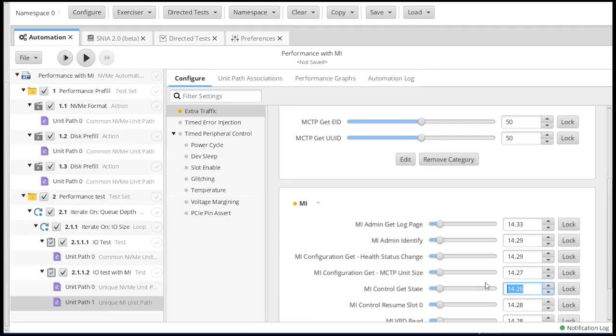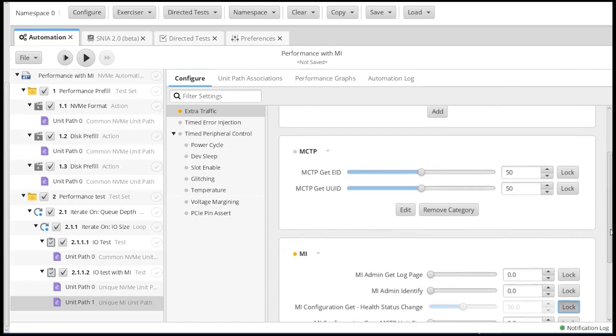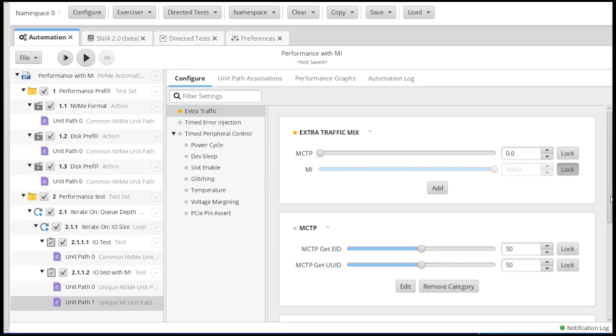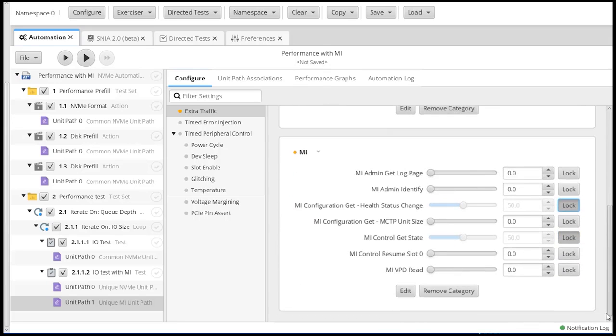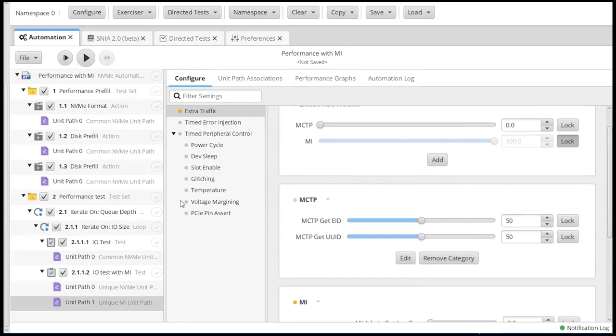So we're going to come down here and do 50% get state and lock that in. And we want 50% of get health status. So we'll lock that. And that will go ahead and send those two commands across the MI port to the drive while it is simultaneously running NVMe traffic.